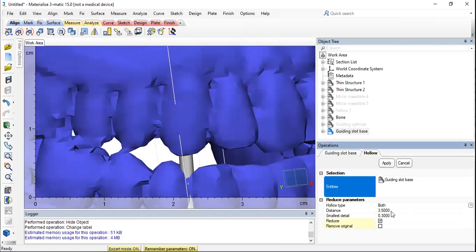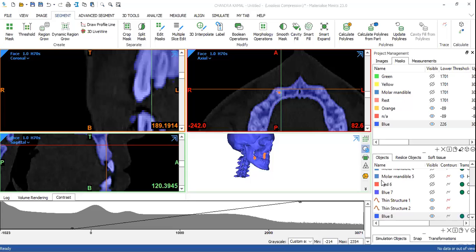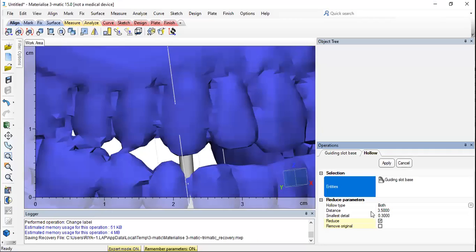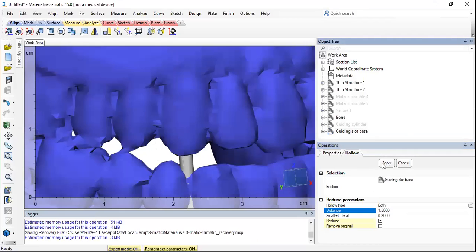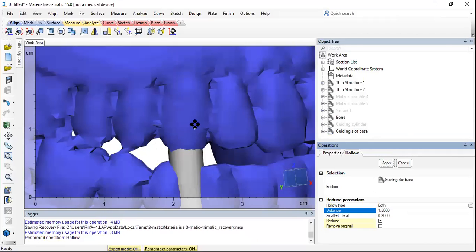I'm going to give a thickness of at least 1.5 to the hollow, right?